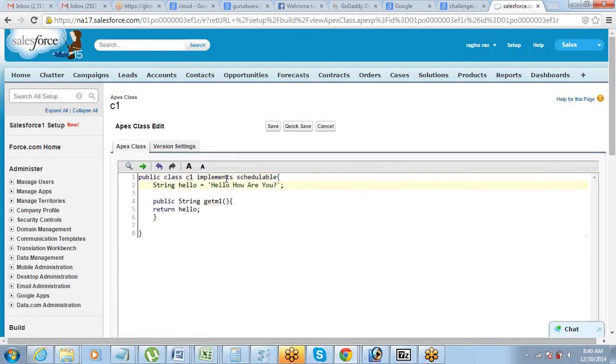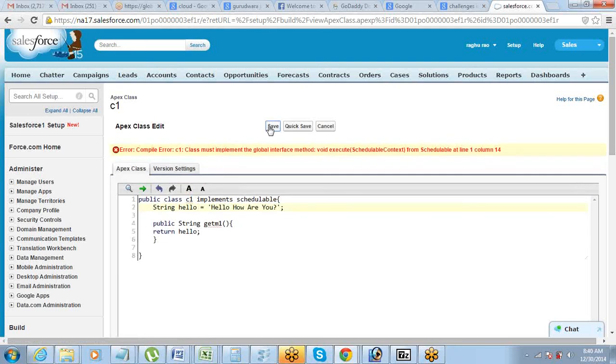So this is what I have to do here. Implement the global interface method.